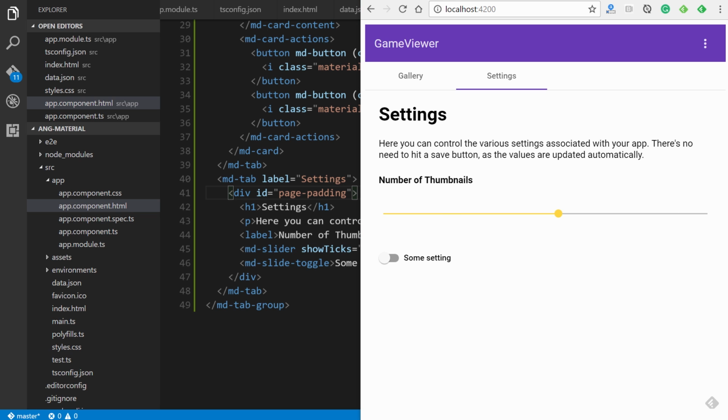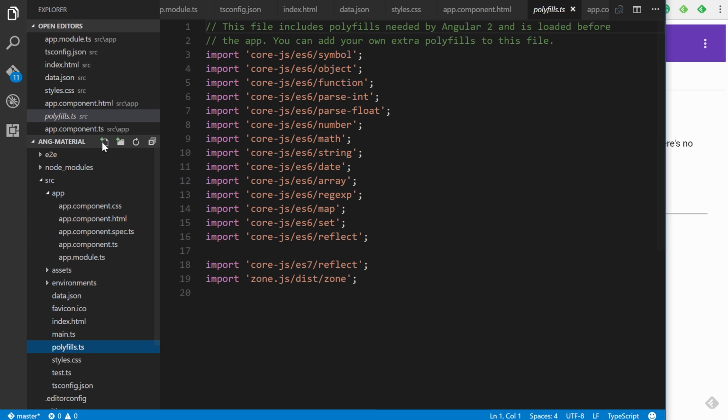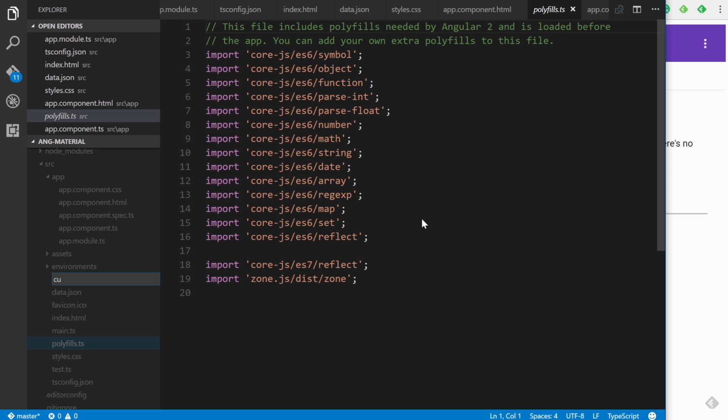Okay, so now let's go ahead and, obviously in a real world scenario, you may want to customize the theme based on the color theme of whatever company or project you're working for. So the way you do that is to create a custom Sass file or SCSS, and we can define your commonly used colors or your project's theme based on that. So we have to create a custom theme.scss in the same folder as our styles.css. So I'm going to go ahead and create that. So it's going to be named custom theme